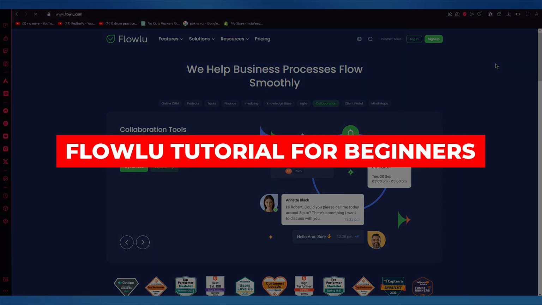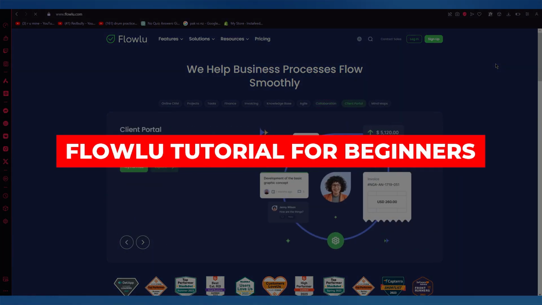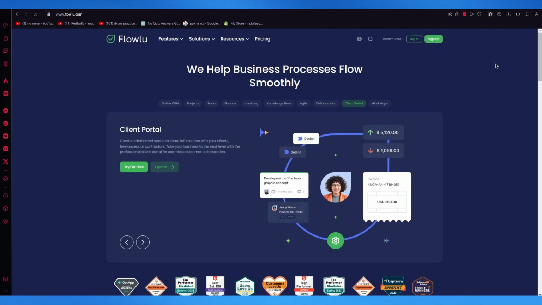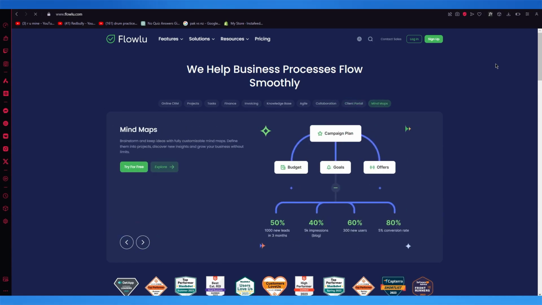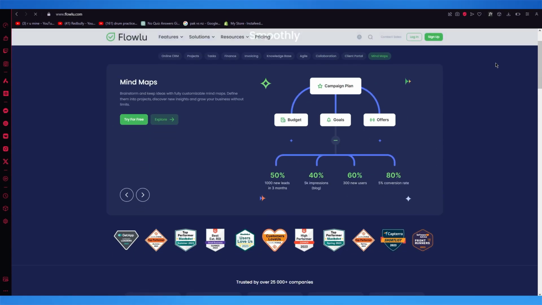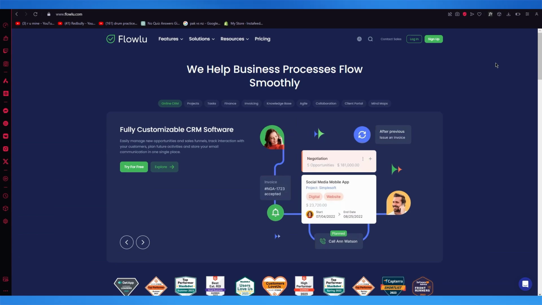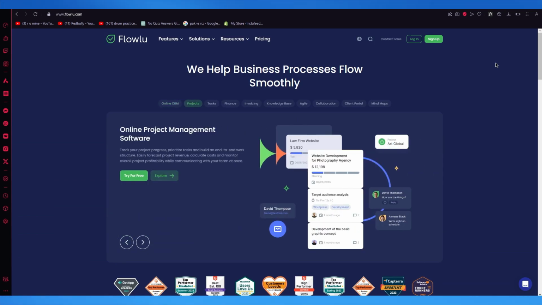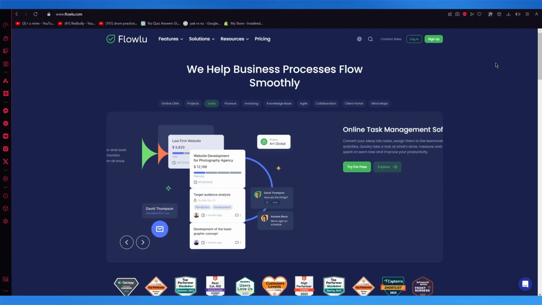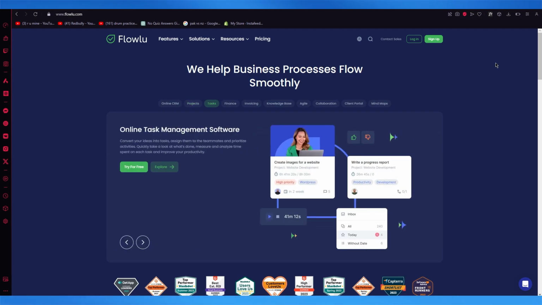Flowlu tutorial. In this video, we're going to be talking about an incredible business management and processing platform, and we're going to be talking about it in great depth and detail. Now, Flowlu is a program that will create you the greatest mind maps, pipelines, and CRM flows out there. So we're going to be discussing it in great detail and how it can benefit your business. It's the best project management software, in my opinion, out there, and we're going to be talking about it in